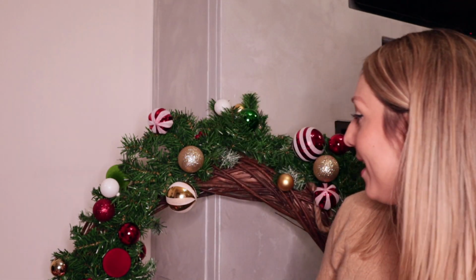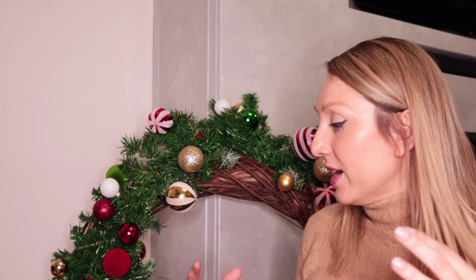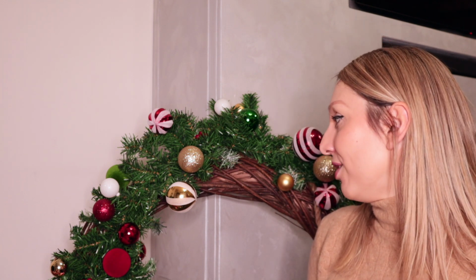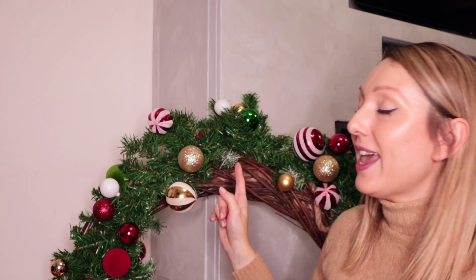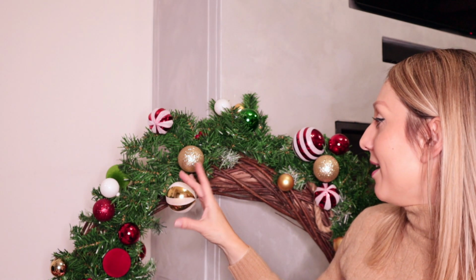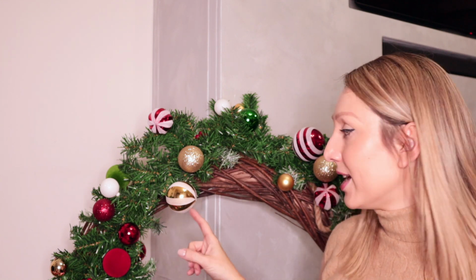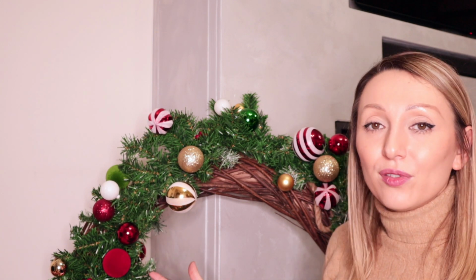Whilst I'm on the candy cane theme, I'll show you what I've got sat behind me. So I bought this giant wicker wreath from a local garden centre, and I was basically planning on getting loads of different twig things that you can get, putting them in it, and creating my own DIY wreath. And then I saw this giant garland in the Range. I mean, it's not giant, it's just a garland, and then thought actually this will look perfect on the wicker wreath. And this garland was only £16.99, which I thought was such good value,